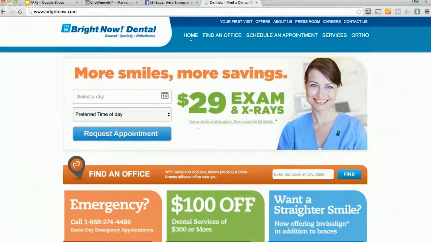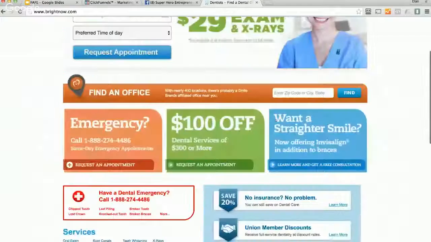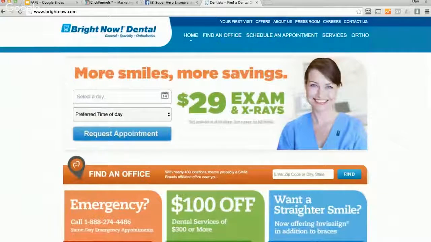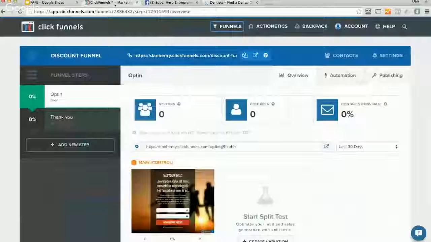So we go to their website. Now, what we're looking for here is something, because I know who Bright Now Dental is. I live in Spring Hill, Florida. So I kind of know who they are, or at least if I saw the outside of their building or something like that, I would recognize my town. I would recognize my city, and that's super, super important